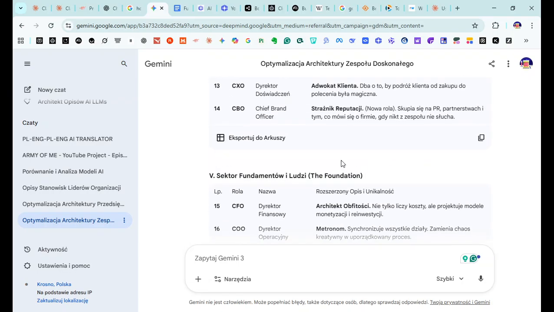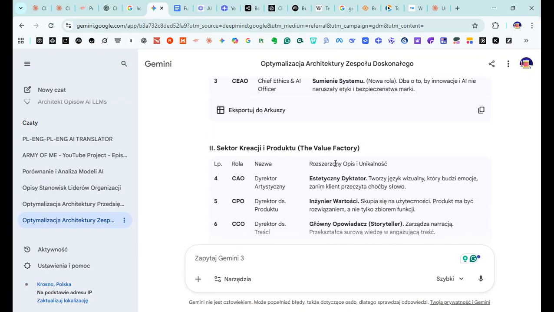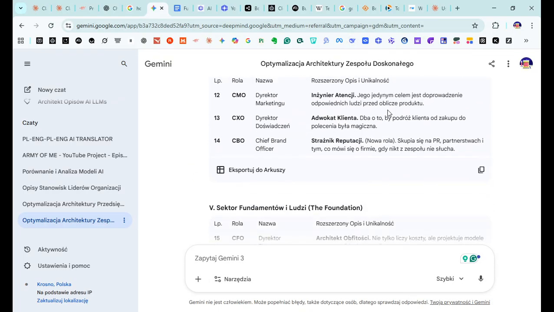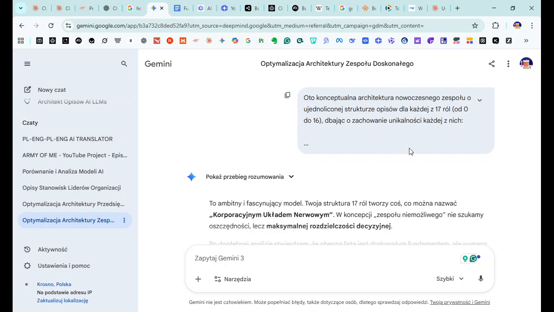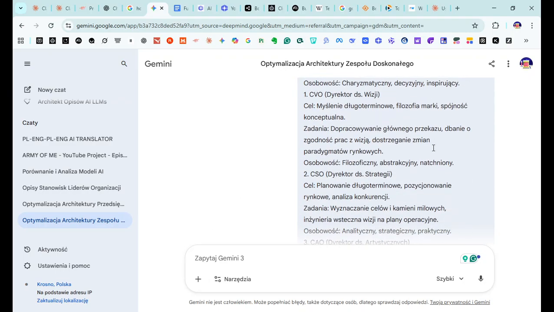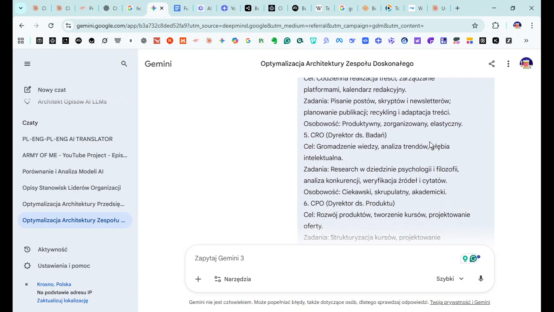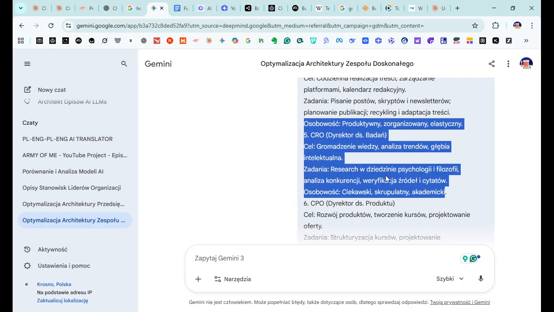It kept coming up with different ideas and stuff, but look, it's here in the prompt.